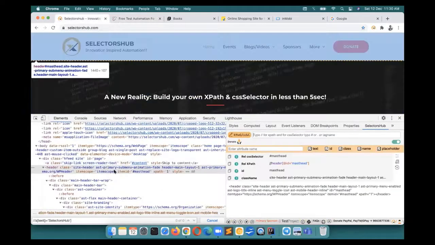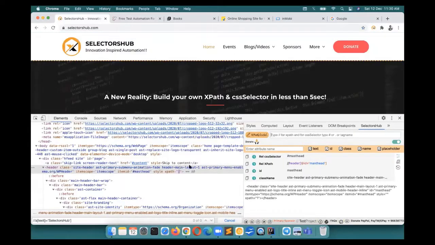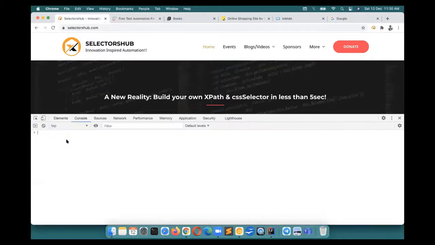If it has a class, let me show you how today developers or automation engineers write a CSS selector with class. They copy this class value, go to the console, and trust me, people do it this way.